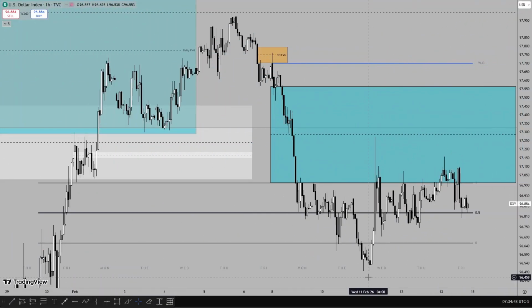On the 1 hour time frame on the dollar index, after the closing price on Friday, which you can see here, the closing price on Friday, after price took out Thursday's high, leading to a 1 hour shift in structure on Friday. So on Monday, I was anticipating lower prices, which you can see from the opening price. Price opened trading into the 1 hour fair value gap, respected the 1 hour fair value gap, traded lower,